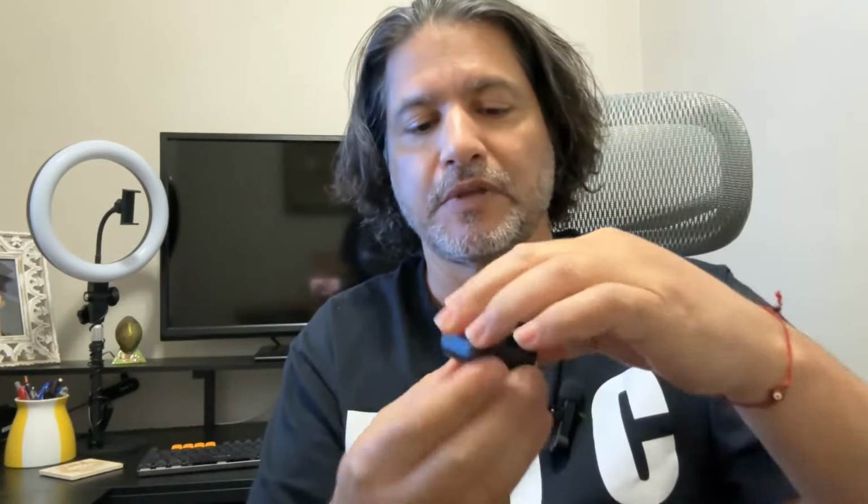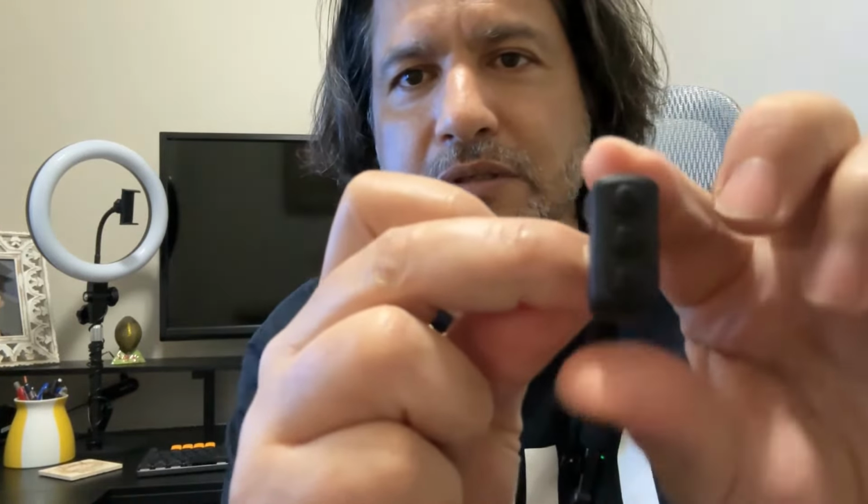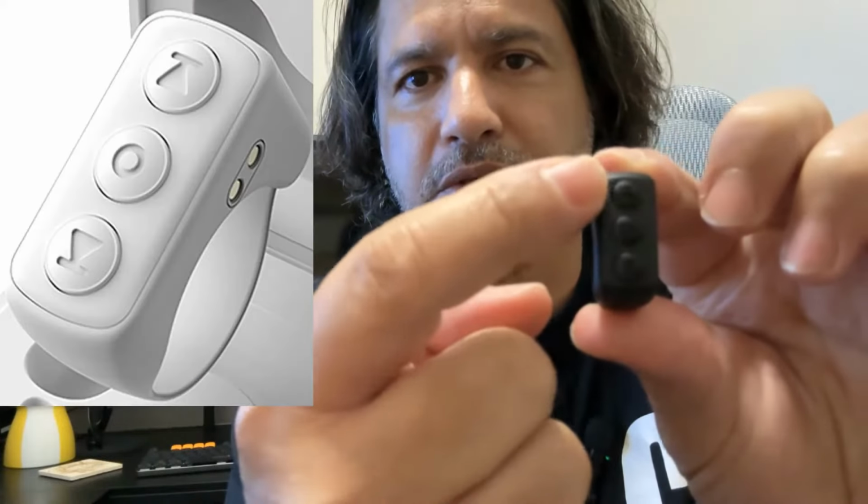It comes with a USB-C charger cable, and when you open it up right here it tells you that it's charging. And I guess you can see this is where it goes. So you charge the case and then the case will charge the ring right here. And the good thing about this is right there you can see that it has 3 buttons so that you can control